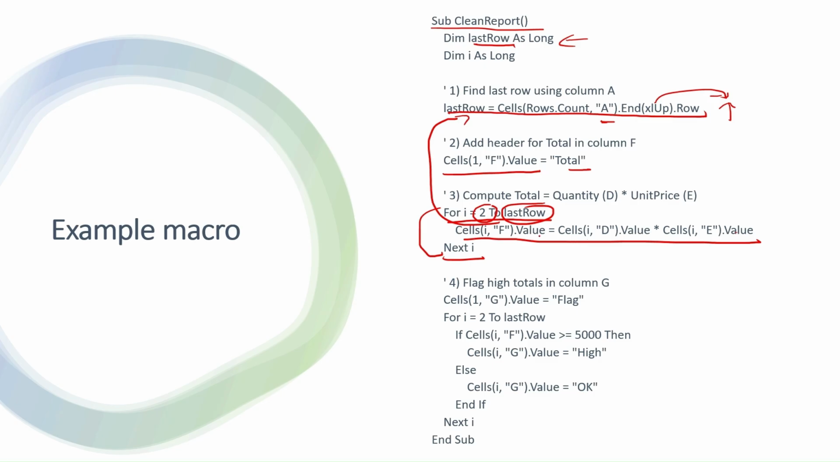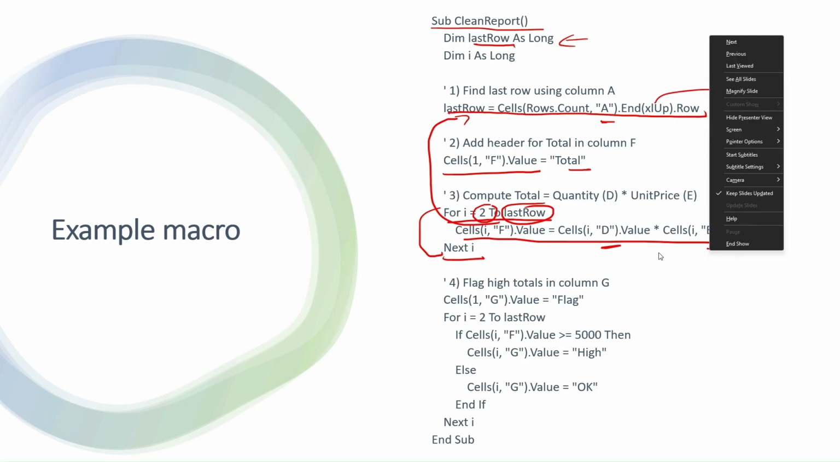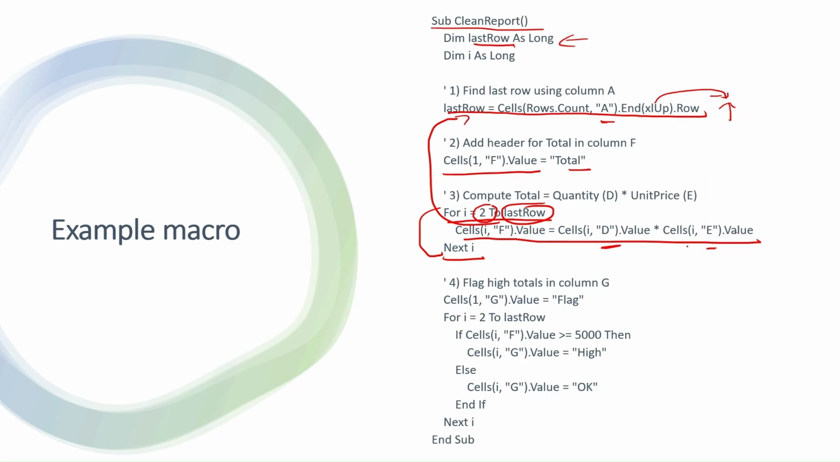That is, the total is obtained by taking the quantity that exists in column D, multiplied by the value that you got in column E, which could be representing unit price, for example. So you want column D to represent quantity and E to represent the unit price. So you are taking the quantity from cell